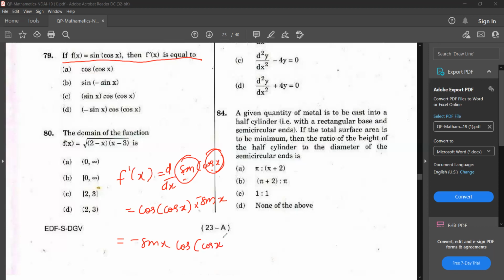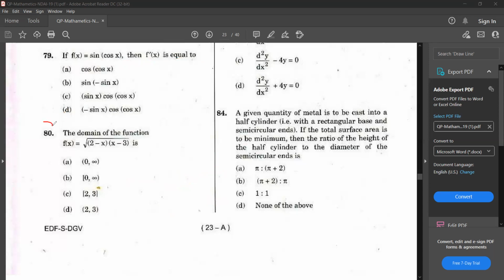Very easy question. So understand, they are asking easy questions also, but what you have to do is identify those questions, then only you will be able to answer them. Otherwise you will lose that question and that will be a loss for you. Okay, so option D is the correct answer. Let's go to the next question.